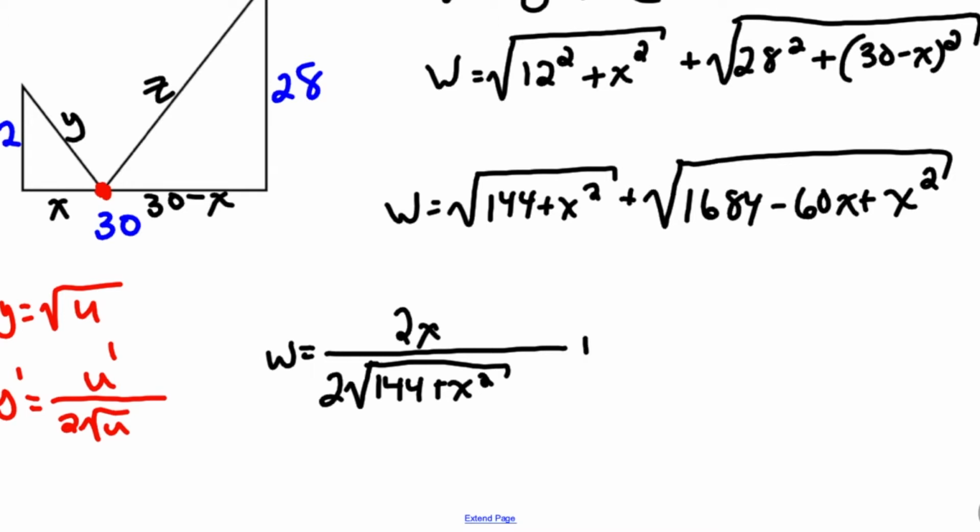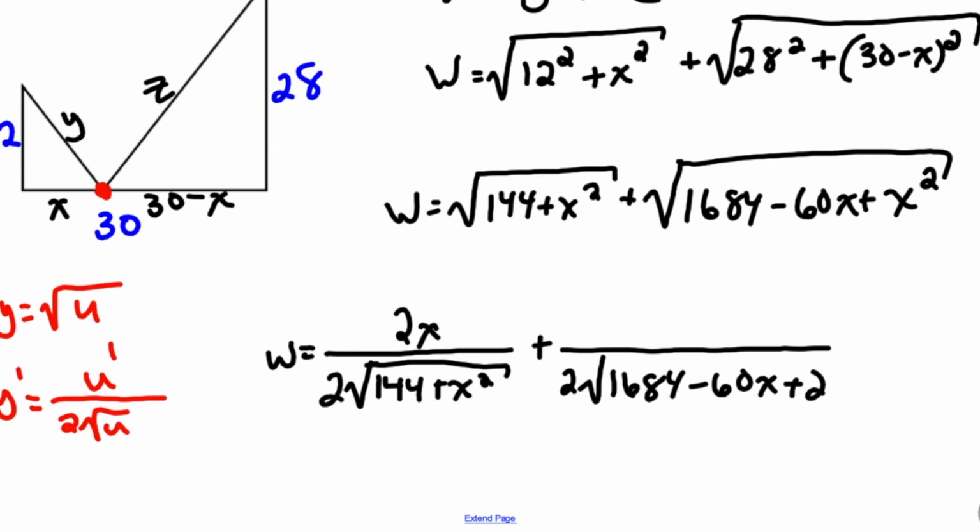Okay, next one, plus. Actually, I'm going to slide this over a little bit so I make sure I have enough room here. So again, 2 times the square root on your denominator, so 1684, missing a number in there. 1684, there we go, that's better, minus 60x plus x squared,